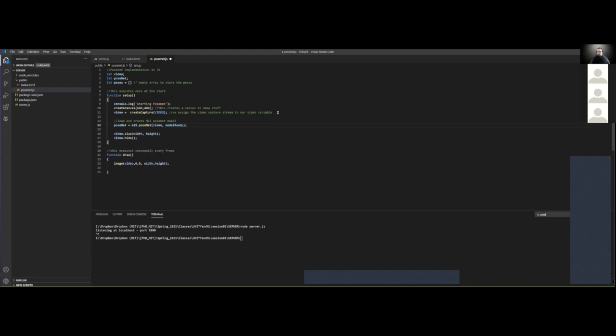What is a callback function? When we create this, basically we're telling it: load and create the PoseNet object with the ML model, use the video as your input, and when it's done, execute a function. This is a callback function. That function will be very simple. It will be function modelReady. And the only thing that this function will do, it will say, let